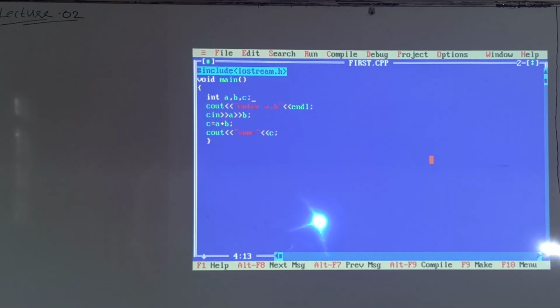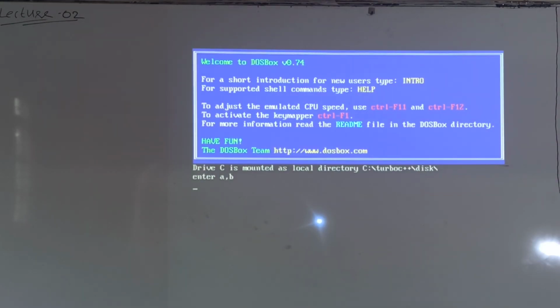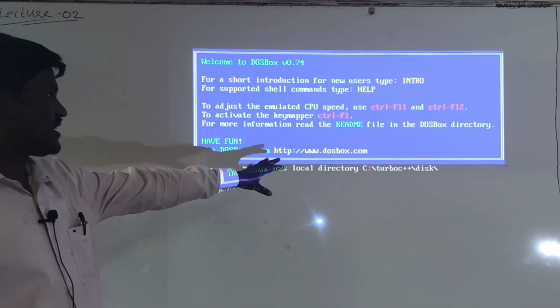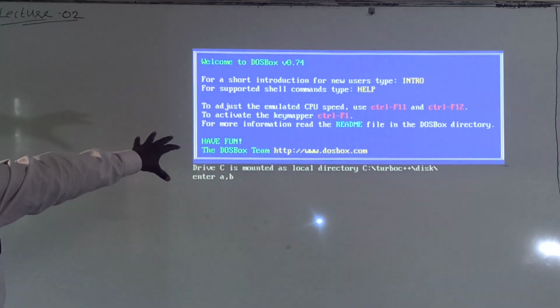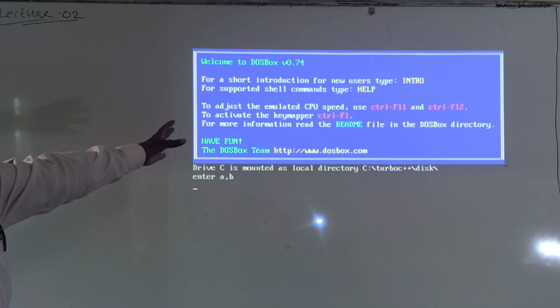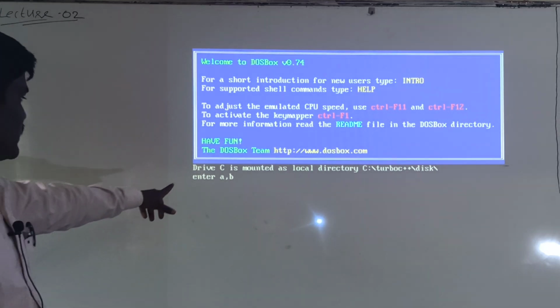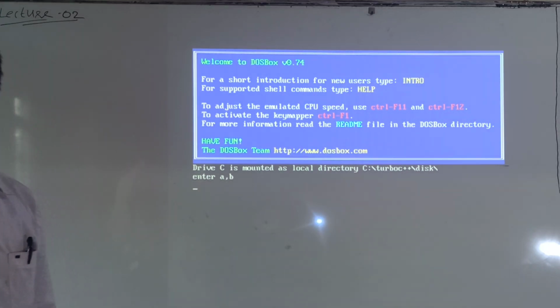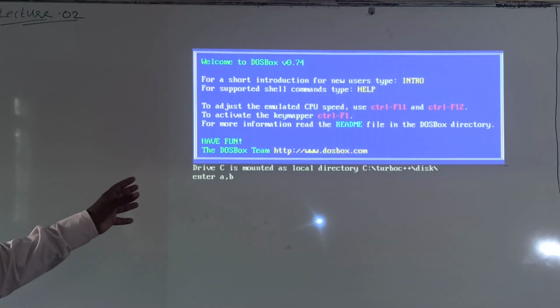If it is correct, next go to Run. See here, drive C is mounted, it is a software related box. See here, enter a, b. Here you have to give the input.